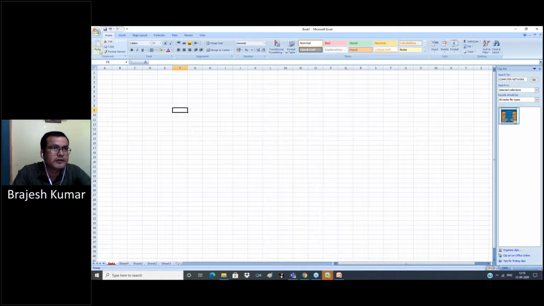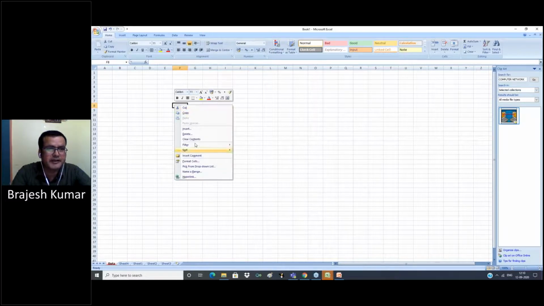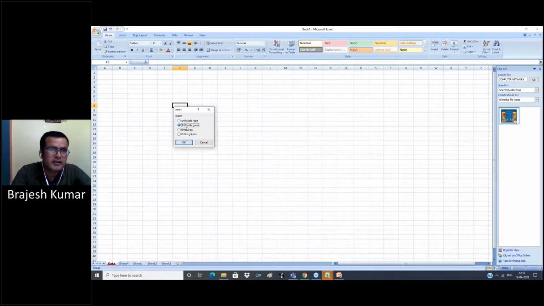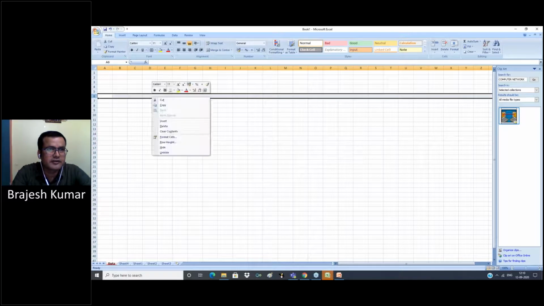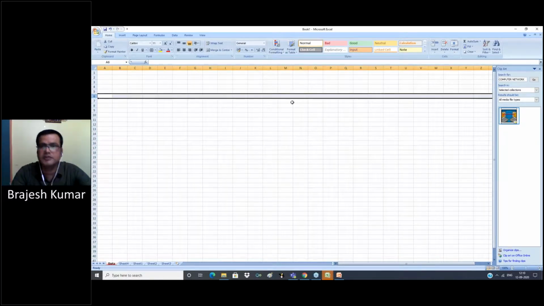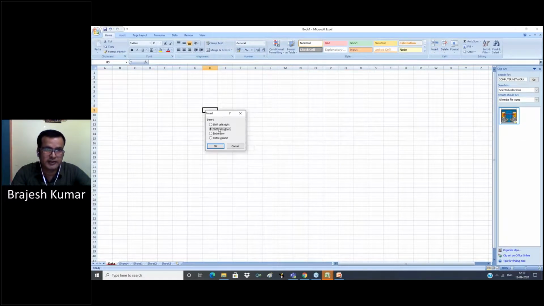Home button. We already discussed cut, copy, paste, format painter, font, alignment, number, conditional formatting, format as table, and insert. This option is used to insert a cell, row, sheet, and column in our sheet. We can add any column and any sheet by right-clicking, selecting insert, and entering a row. Okay, now one row is inserted. Select insert, one new row is inserted. So for this we use the insert option, or we can right-click and select the option from here.